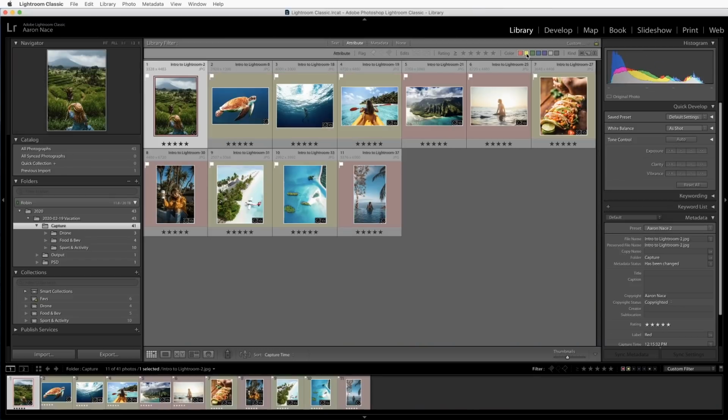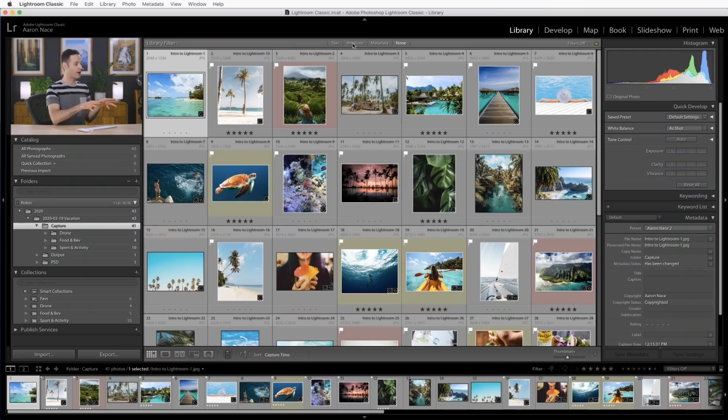So if you're watching this and you're like, wait, what happened before this? All you have to do is go back and watch the previous videos, and we're going to link to those right down below. So here we are in Lightroom Classic, and you can see some of our images have stars on them,